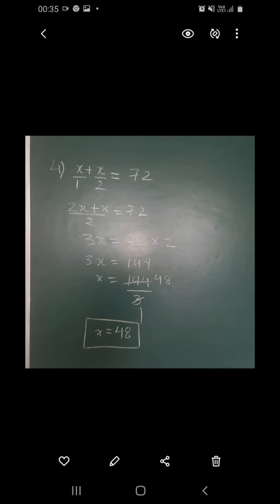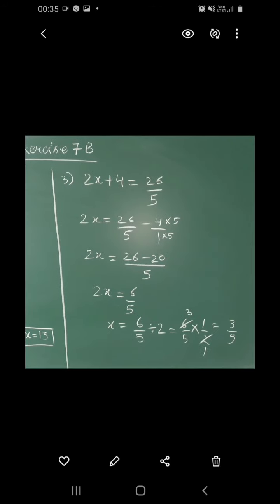So how will we solve this question, students? See, 2x plus 4 is equal to 26 upon 5. This is the linear equation which is formed after reading the question. Now plus 4, once it goes to the right hand side, it will become minus 4. Since 4 does not have any denominator, by default we consider 1 as the denominator. Now what is the LCM of 1 and 5? The LCM of 1 and 5 is 5. So 1 5s are 5 and 4 5s are 20. So 26 minus 20 upon 5. Now 26 minus 20 is 6 upon 5.